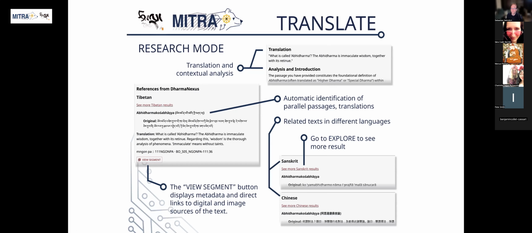It will use the Dharma Nexus database to automatically identify possible parallel passages, translations into other languages, and more. It gives related text in different languages and also the ability to explore more results from the same language in the explore mode.